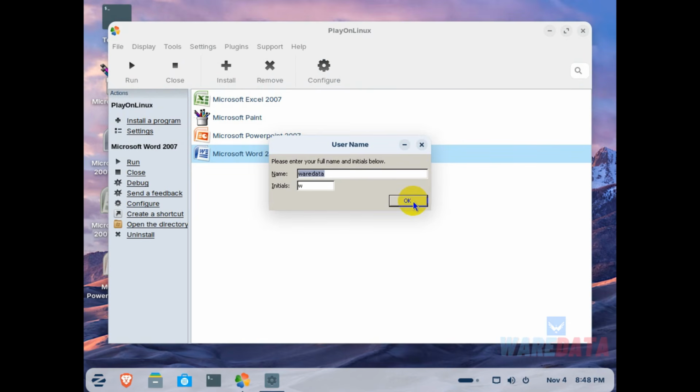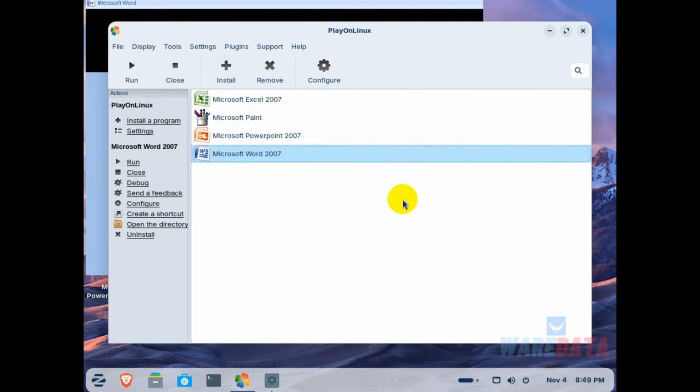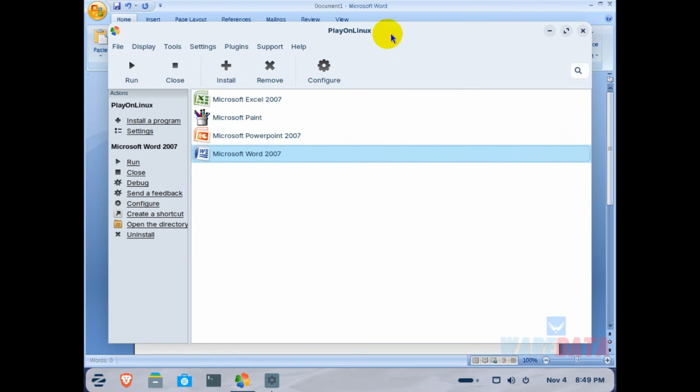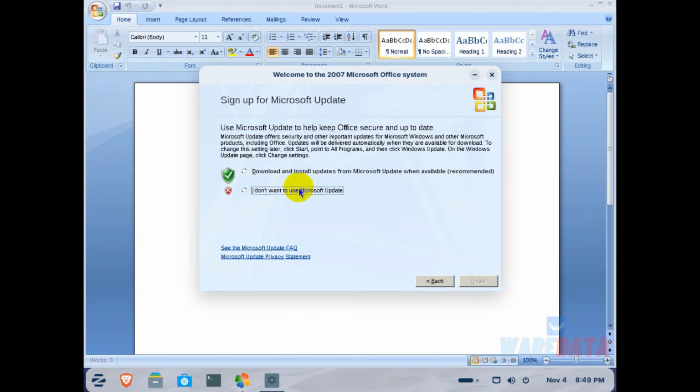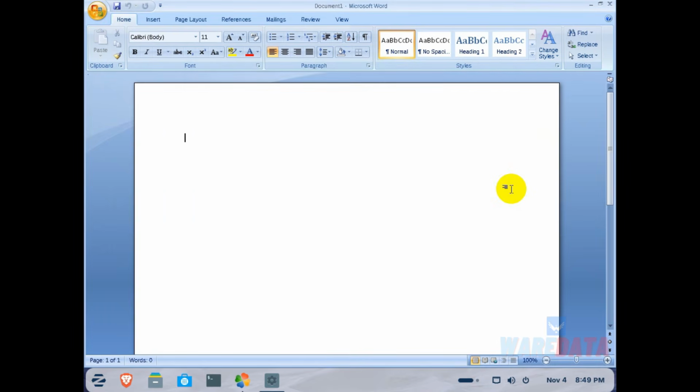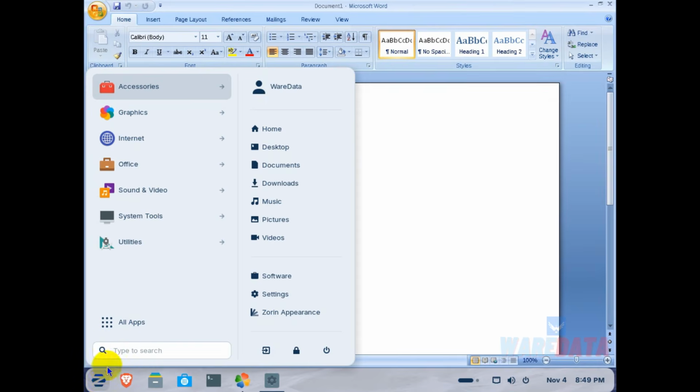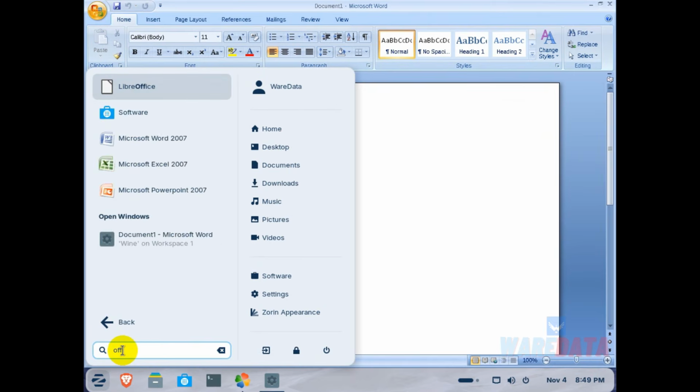You just need to click or give a name, for example, the user name. If your Office cannot open, you need to restart the ZorinOS that we just showed you. Okay, just click OK here. After that, Microsoft Office should be able to open like this. Okay, and this is Microsoft Office successfully installed on ZorinOS. You can find Microsoft Office by typing like this, Office like this,